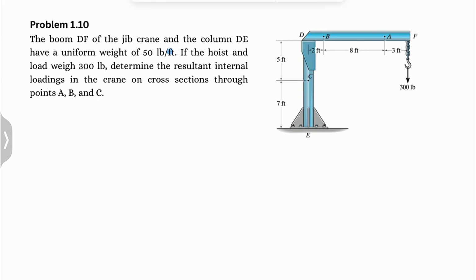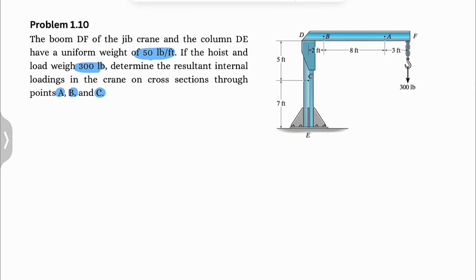Alright guys, welcome back. We have another question from the first chapter of Mechanics of Materials by Hibbeler. So the beam DF of the crane and column DE have a uniform weight of 50 pounds per foot. So we have information about the weight of each of these booms, and if the hoist and the load weigh 300 pounds, we need to determine the resultant internal loadings in the crane on cross sections through A, B, and